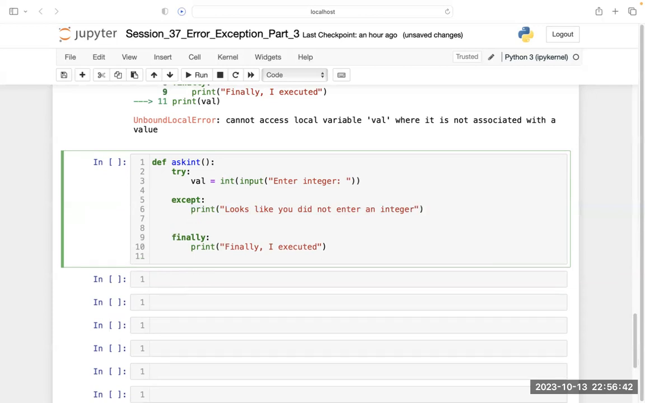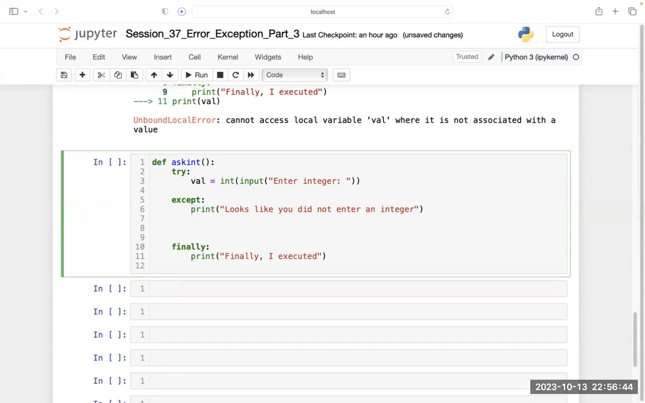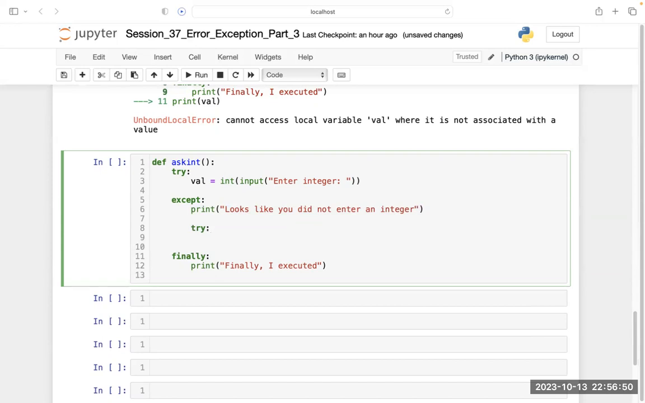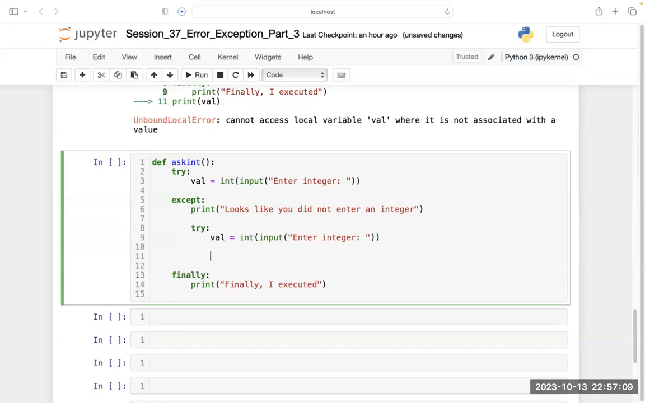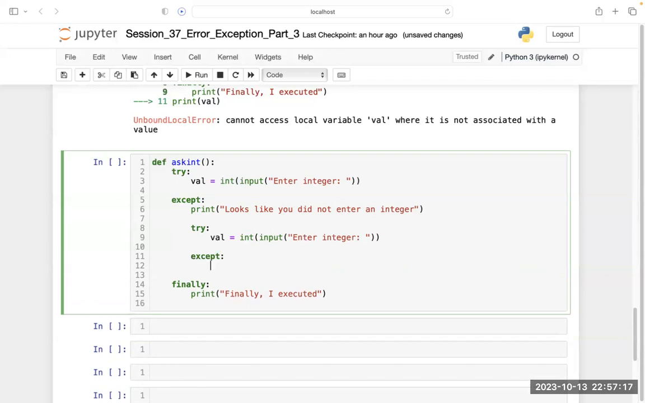Now I am writing this one try block inside this except block. You can say it nesting of try except. In common language, it is try catch also. So now I am entering the same thing here at this try block, and also write this except block here, and inside this except block write